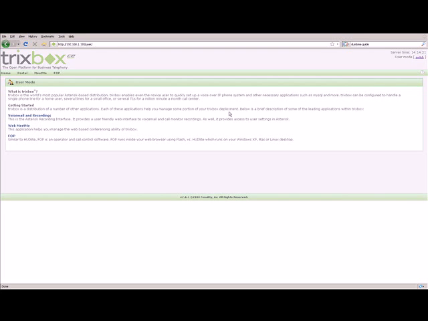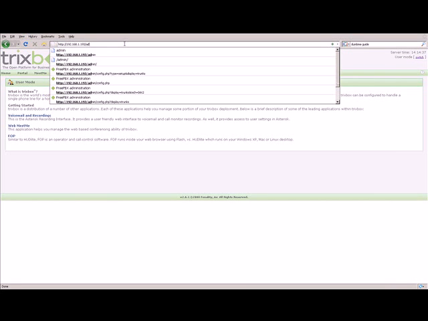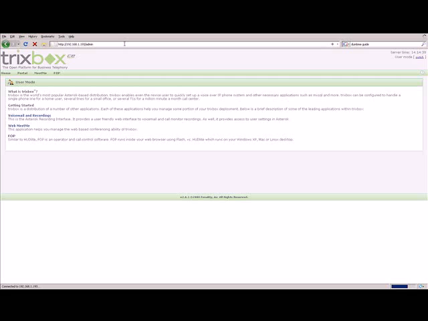Today we're going to set up a Trixbox server using ThinkBright carrier settings. With these settings from ThinkBright, your server will be able to make and receive phone calls to and from the outside world. Let's begin by changing the URL of your Trixbox server from /user to /admin after the IP address